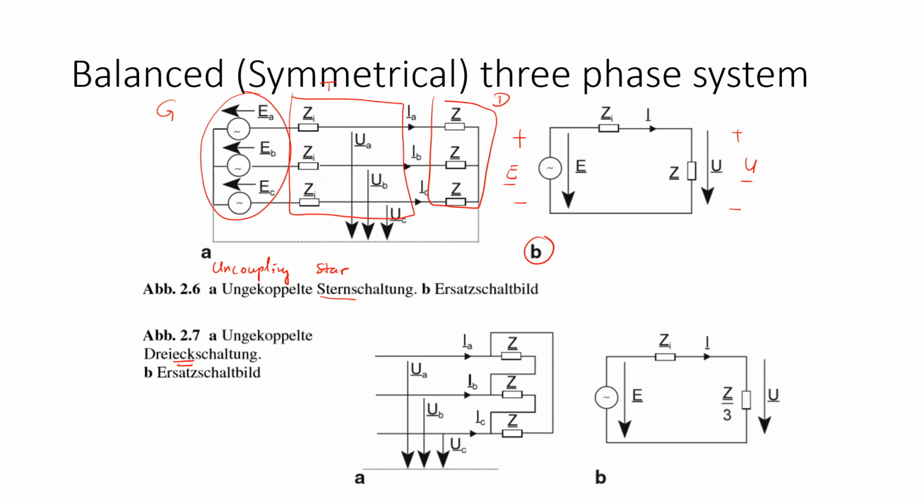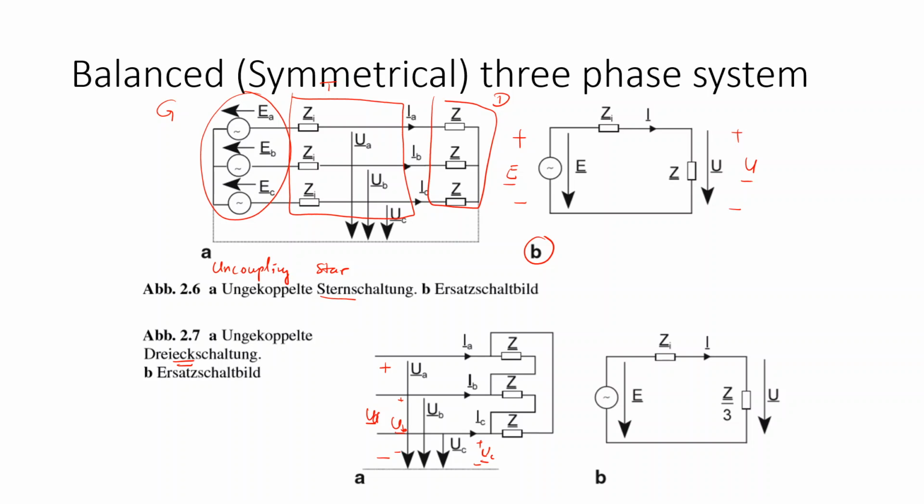You see that there is a voltage applied from phase A, B, and C with respect to the neutral. That would be the same as UA here. The neutral is the negative side because this is the reference point. Similarly UB is here, and this is UC. And the situation if the systems are balanced is that